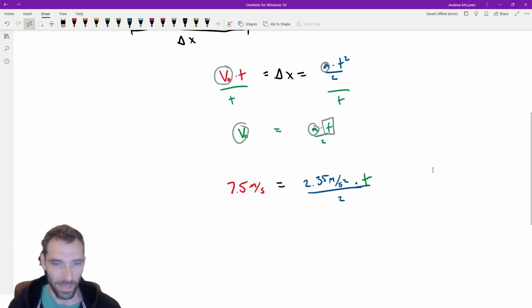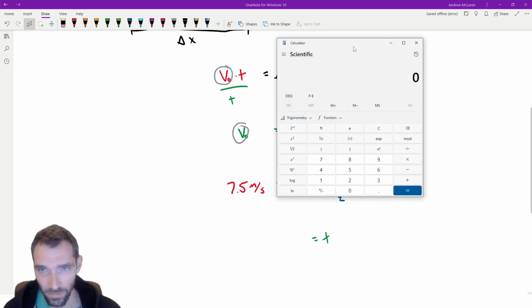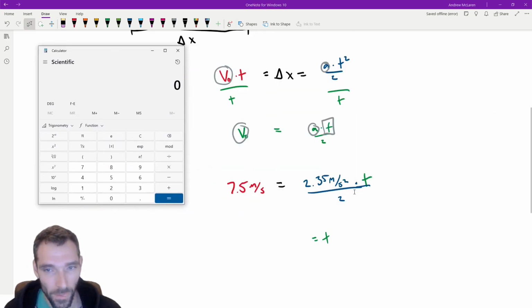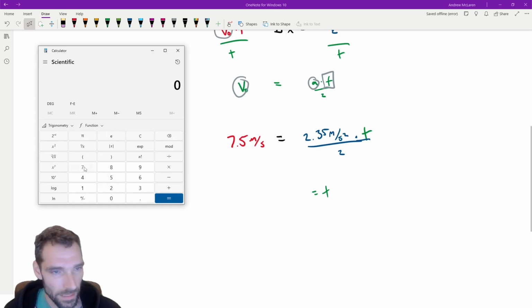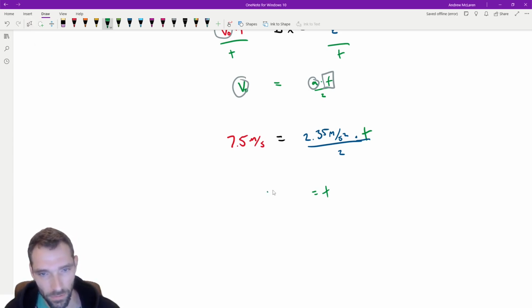We just do a little bit of math here, and we should be able to isolate for t and solve for it. I would also suggest that we plug it back in at the end, so I will be doing that as our final step here. But to get t by itself, we take that 7.5, times that by 2, and then divide that by the 2.35. So our time is 6.38 seconds,